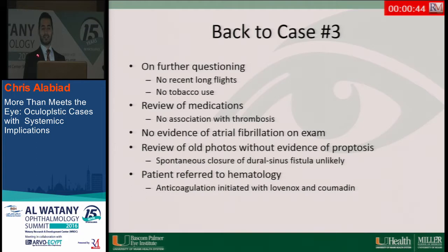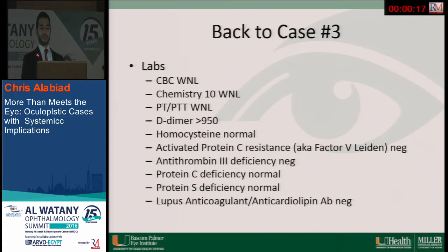So going back to this case, he has no recent long flights, no tobacco use. He has no medications that are prothrombotic, no atrial fibrillation. He doesn't have any evidence of proptosis on old photos, which rules out the possibility of a spontaneous closure of a dural sinus fistula. So we referred to hematology for anticoagulation initiation on Lovenox, which was bridging him through to Coumadin, and did a very extensive workup for all the possible hypercoagulable states we could think of,